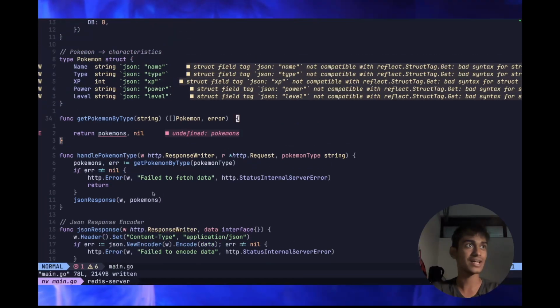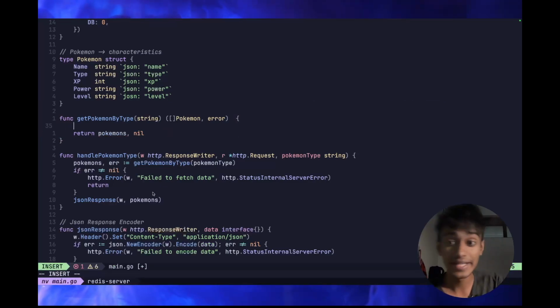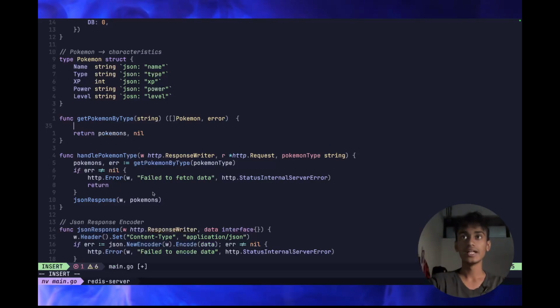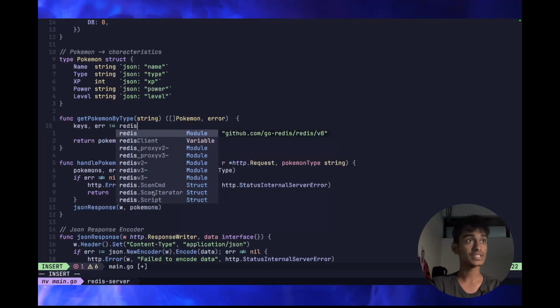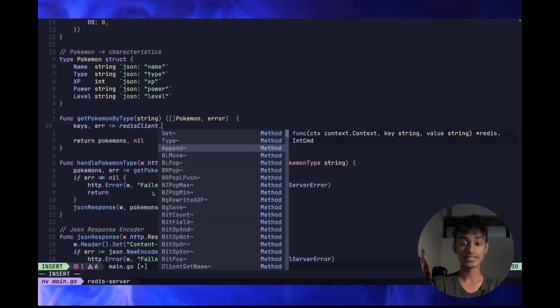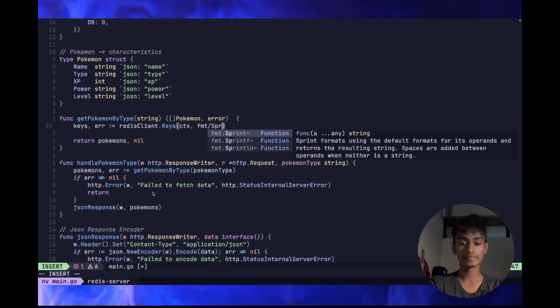I left it for last because this part includes dealing with Redis, so this is something I need to explain in more detail. The first thing we are going to do is get all the keys. Again for error propagation, first I will go to my Redis client and say I want all the keys, and I will pass the context which has been defined as a global variable previously. Then I will use Sprintf,